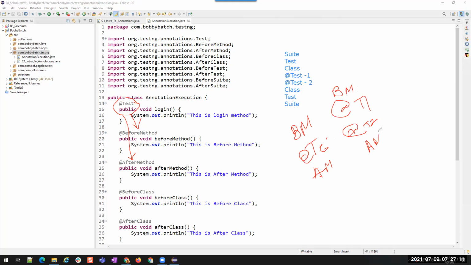Will it be like this? Or before method, test 1, after method, and then again before method, test 2, and after method. Which one is correct? This one or this one?